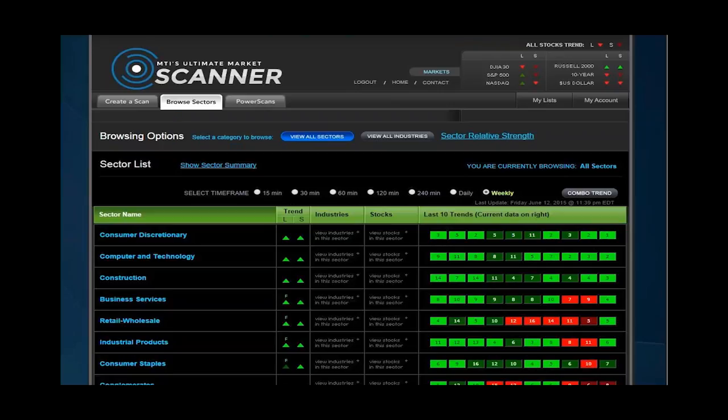It starts off with what I'm showing you right here. This is one of our pieces of technology. This is an awesome tool. This is called our Ultimate Market Scanner. We use this as a fish finder. We use this to help us find the opportunities in the market and where they're going. So we're going to use this market scanner here to look for the market sectors that are on the move. We'll find out which sectors are on the move and which ones are trending. So that is step number one.